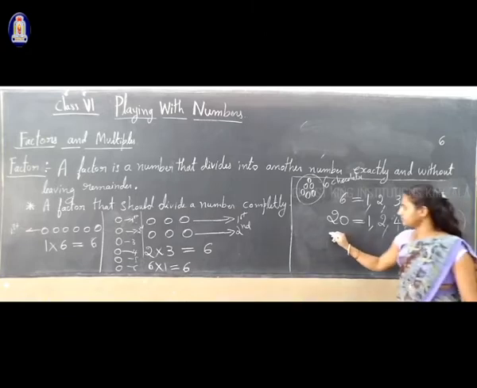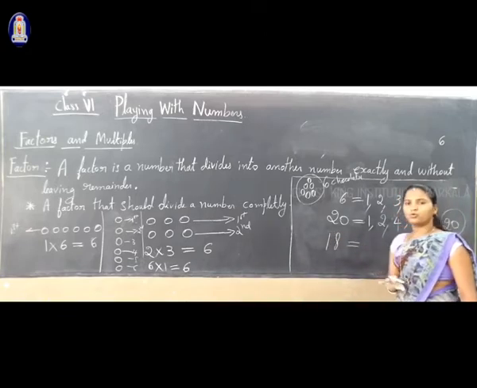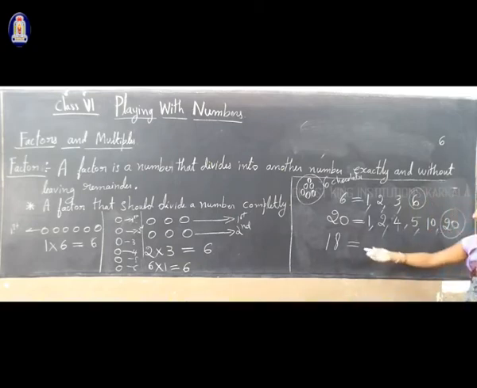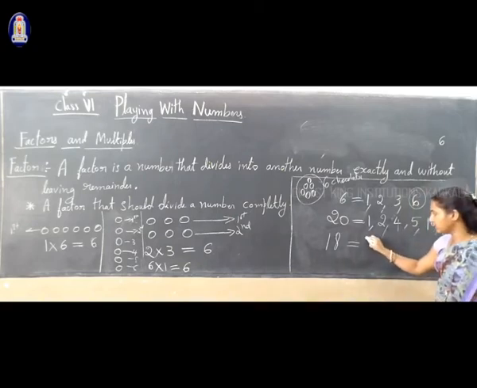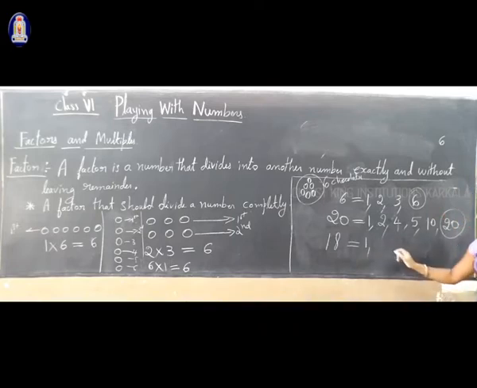Yes. Next, consider 18. So what are the factors of 18? In which table can we say 18? See, in the 1 table, 1 divides 18, and 2 divides 18. 2 nines are 18. Correct? Next, in the 3 table we can see 18. Next, does 4 divide 18? No. 5, no. 6 divides, correct? 6 threes are 18. Next, 7 does not divide. 8, no. 9 divides, right? 9 twos are 18.